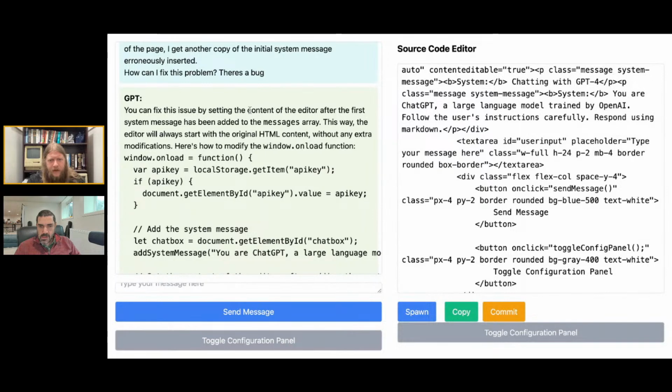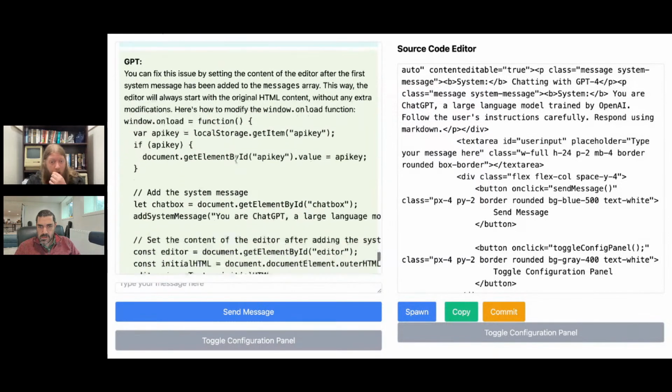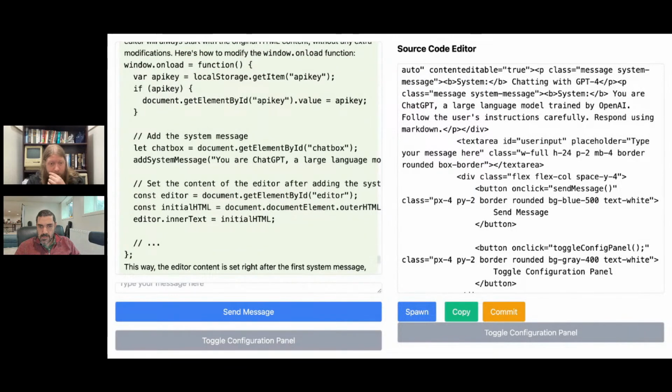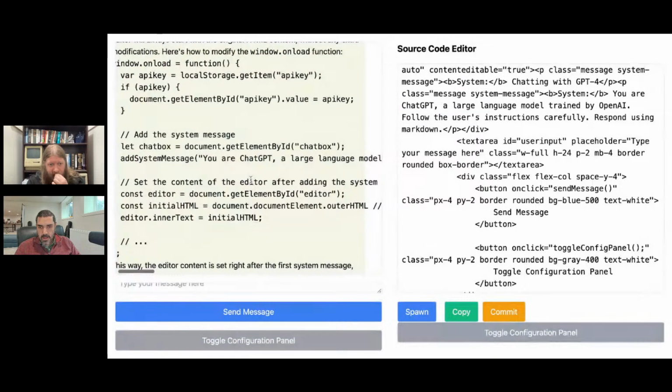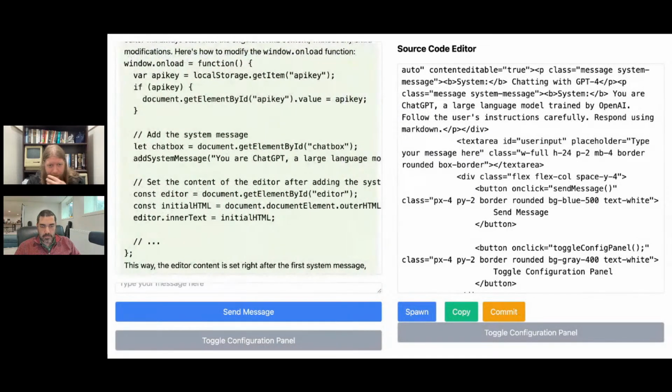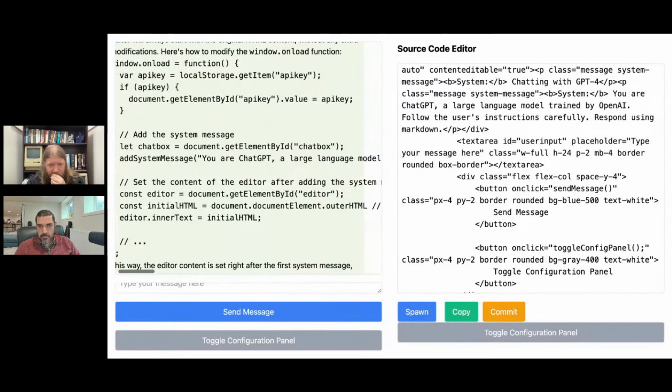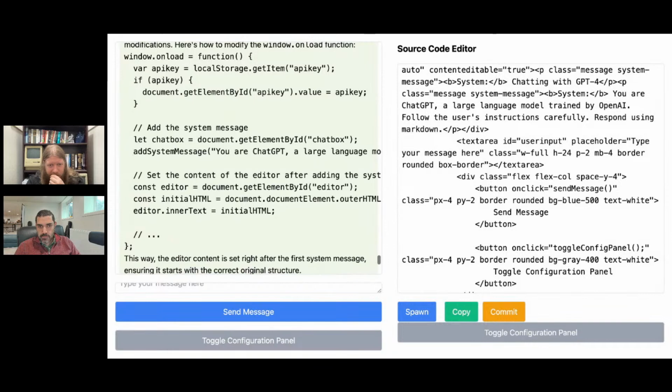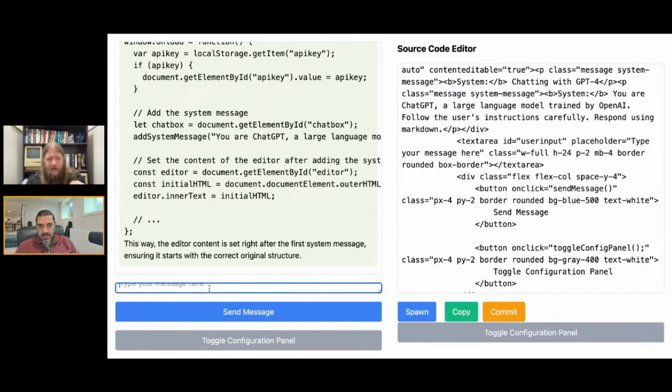Setting the content of the editor after the first system. I don't know. I think it misfired here, huh? You got it backwards. The editor content should be done for